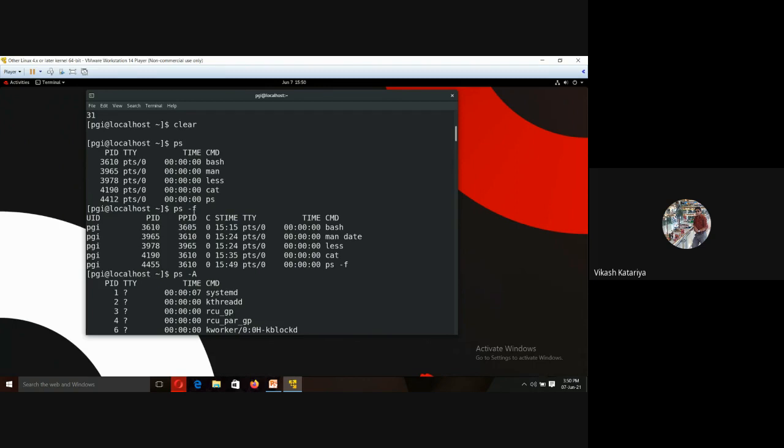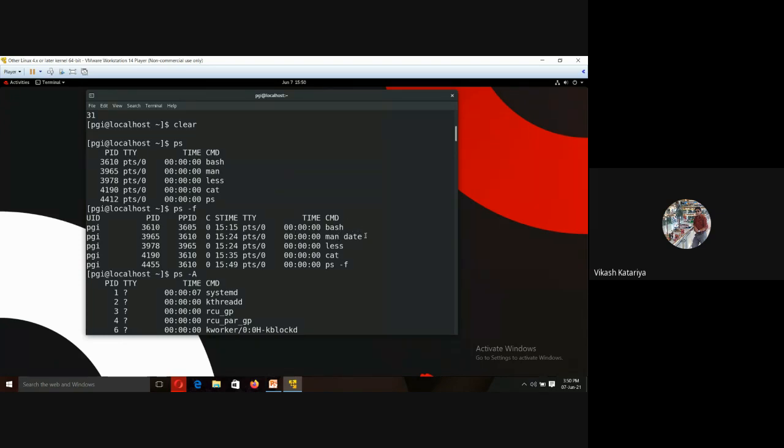The small f parameter tells us only those processes of the currently logged user, but the capital A parameter tells us all the processes currently run by the user and the kernel as well. So it is only user oriented processes.